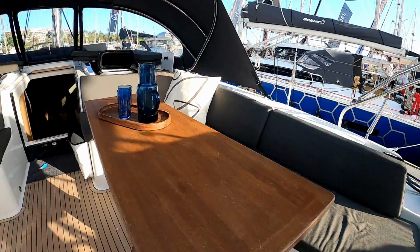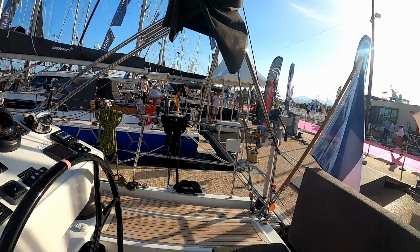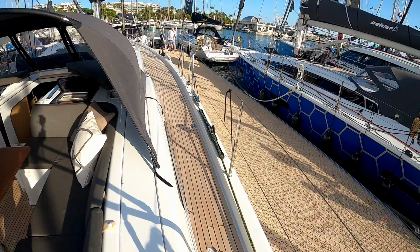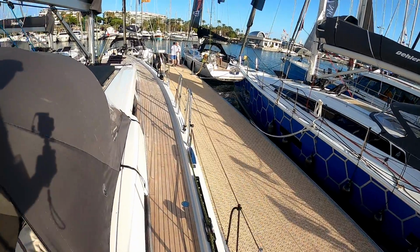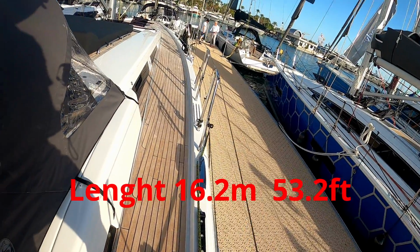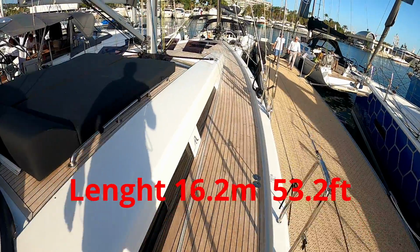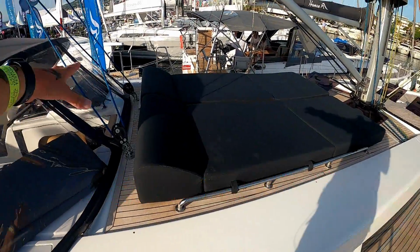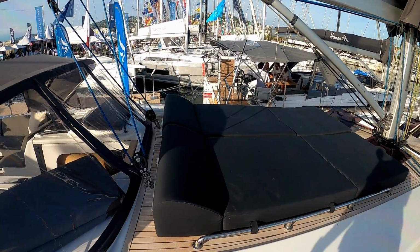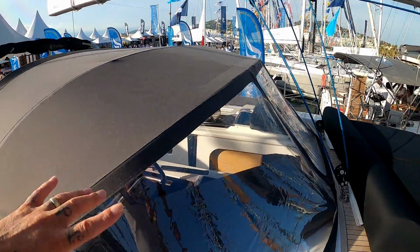Let's go around the outside before we go inside. I got told off for not scripting these well enough, but I know that you want all the information. You have Selden tracks for adjusting your sails. Coming forward, a huge sunbed area. If you're off cruising, I expect that would be a really, really good place for solar panels. This particular one,